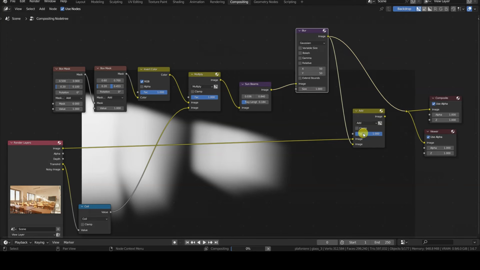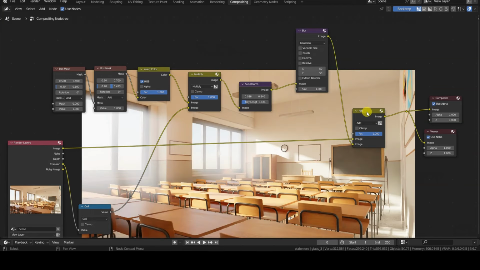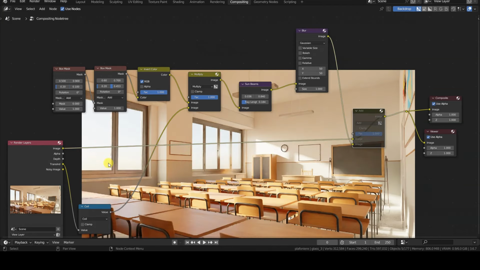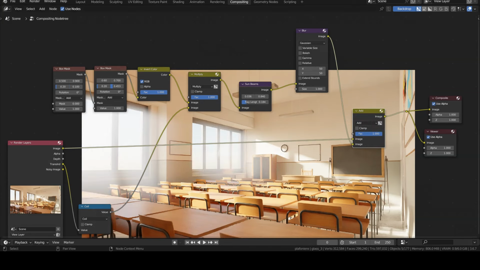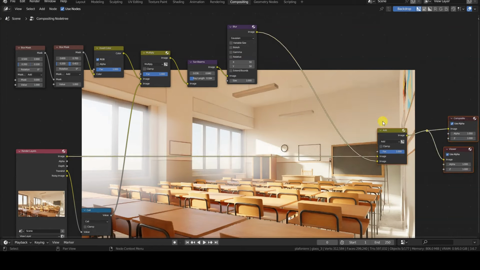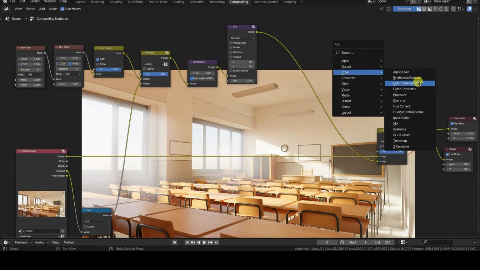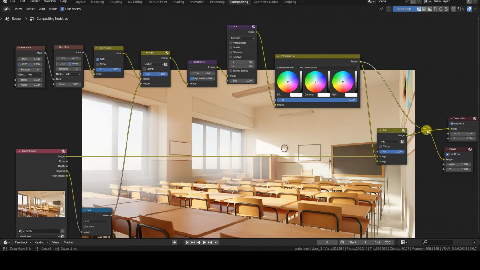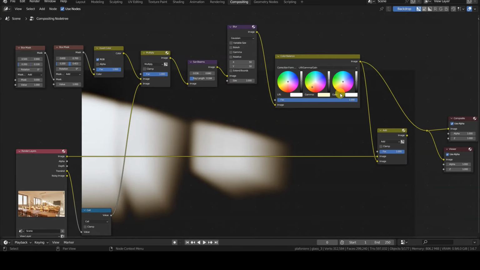To change the color of the rays, we can use various compositing nodes or techniques. The simplest method involves connecting a color balance node between the blur node and the final color mixed node, then adjusting the colors until we achieve the desired result.